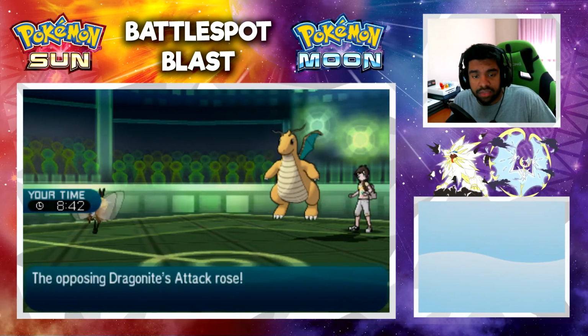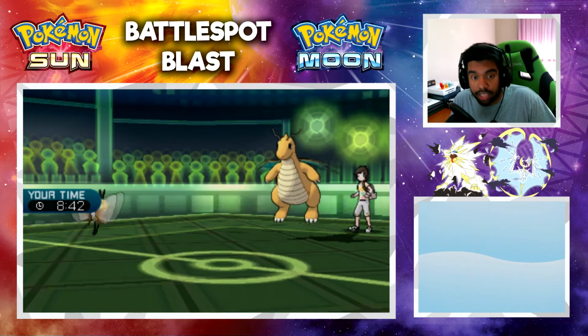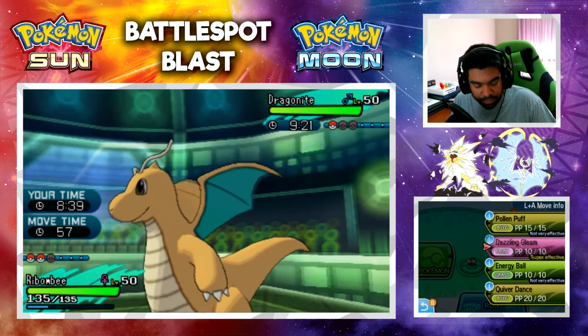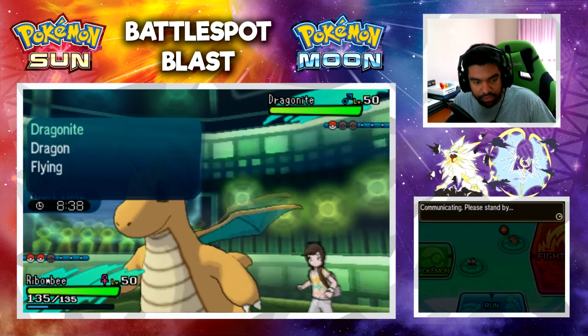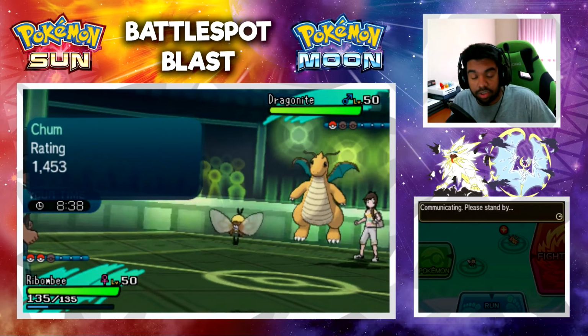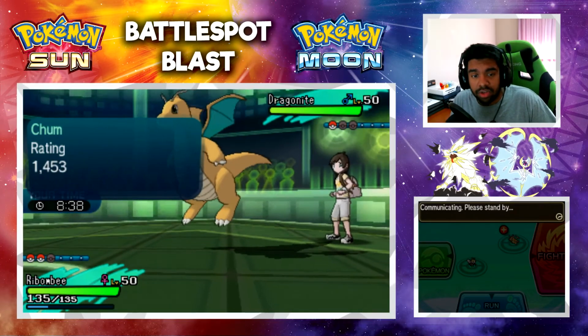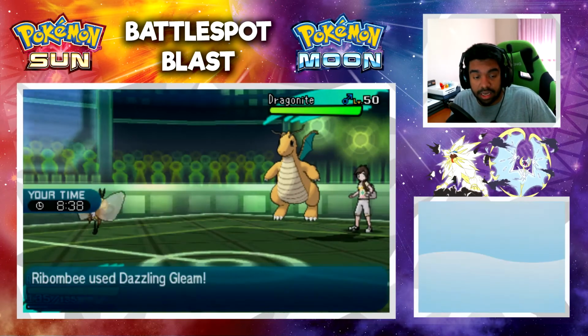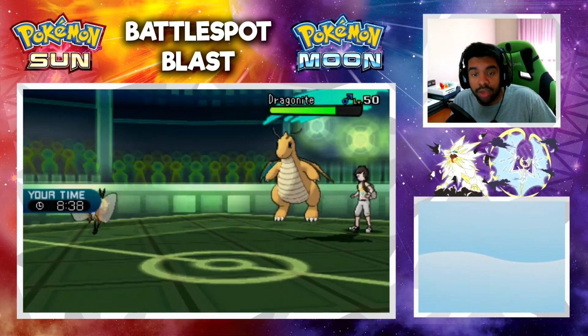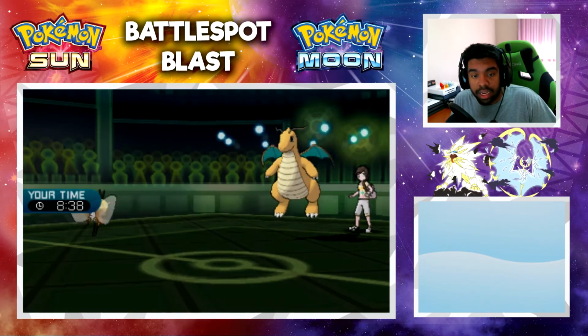We can just afford to go for, which this thing's probably going to be Multiscale, right? We can just go for a Dazzling Gleam and get a good amount of damage off. This Dragonite is definitely threatening us. Very, very much so. The Dazzling Gleam is not even going to do too much damage because this thing, like I said, is probably going to have Multiscale. But we do outspeed it still after 1+1, meaning we're going to get 2 Dazzling Gleams off, which will bring it into...